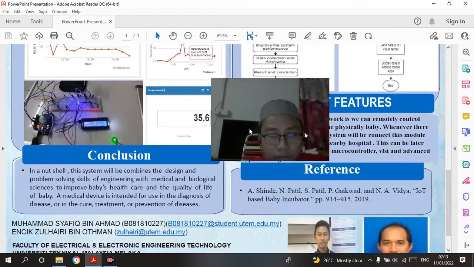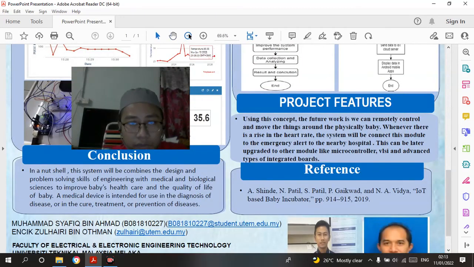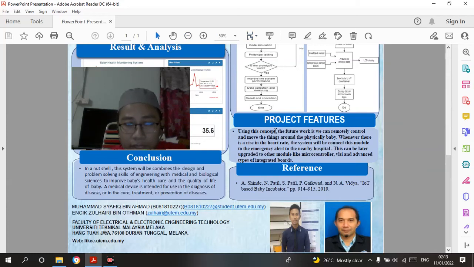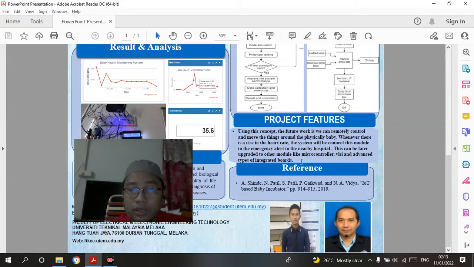Okay, for the future work of the project, this is the explanation of the project features. Using this concept for future work, we can remotely control and monitor the things around the physical baby. Whenever there is a rise in the heart rate, the system will connect this module to an emergency alert to the nearby hospital. This can later be upgraded with other modules like a microcontroller, PIC, and advanced types of integrated